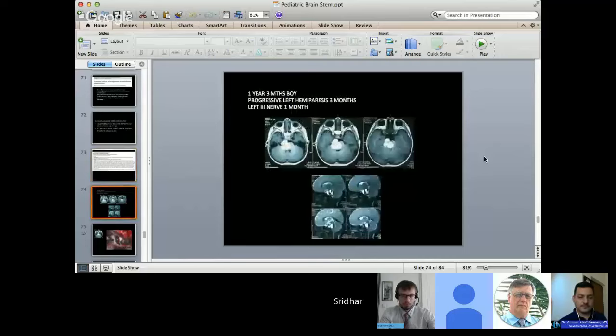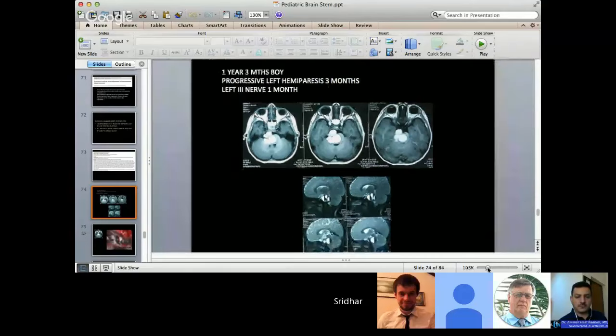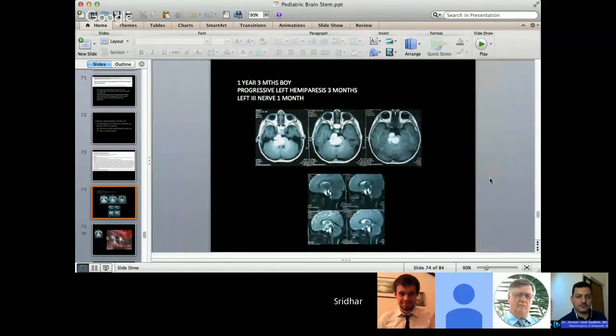Now I bring to you another case of a 1 year, 3 month boy with progressive left hemiparesis, left third nerve palsy. As you can see, this is a lesion which is multicystic. I'm just going to increase the magnification of it, and you can see in the sagittal pictures that there is a fluid level, which means that there is some sort of fluid which has settled down and the solid state has settled down, and this is the lesion which we were presented with,